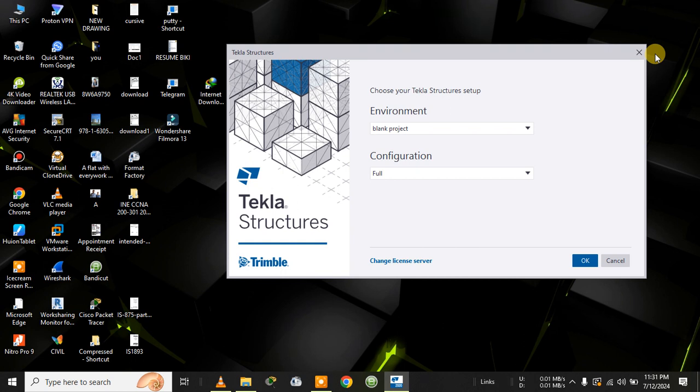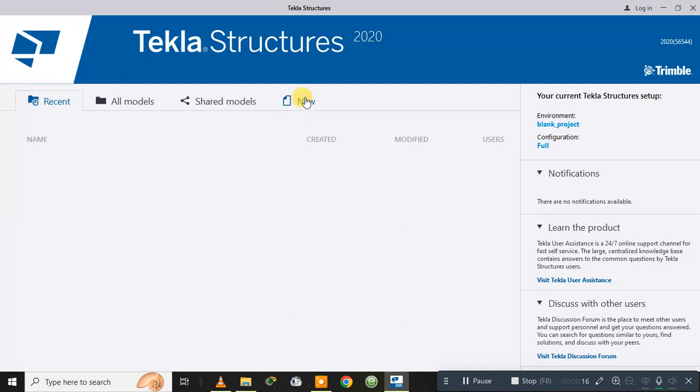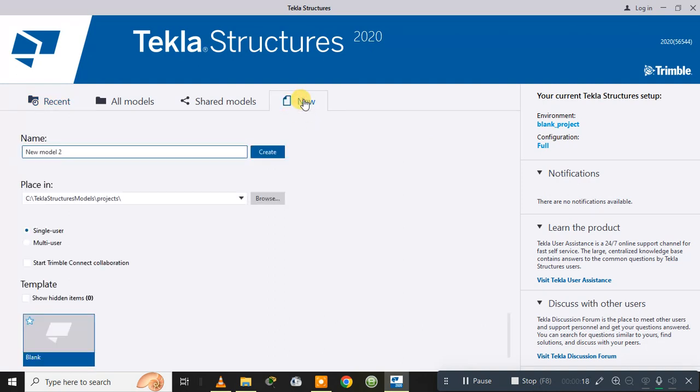So in today's lecture I will be teaching from the basic level of Tekla Structures. So let me first open Tekla Structures. So now I will create a new file. I will click on new. Then after that I will place all my projects,